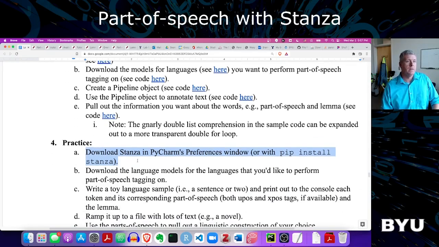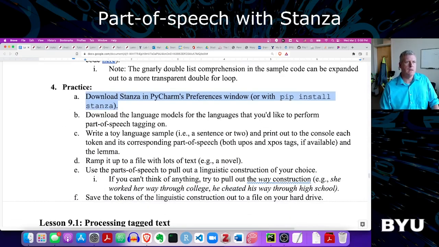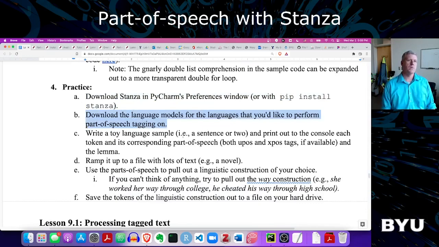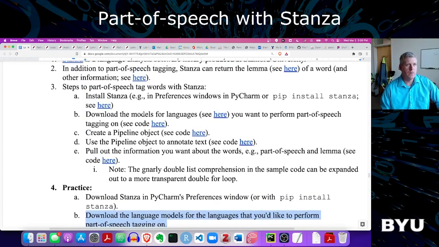So the first step is to download Stanza in PyCharm's preferences window or with pip install. Now we just did that. I just did that a second ago. So I think we'll just jump right into the next one, which is download the language models for the languages you'd like to perform part-of-speech tagging on. Okay? So again, using some of my links here,